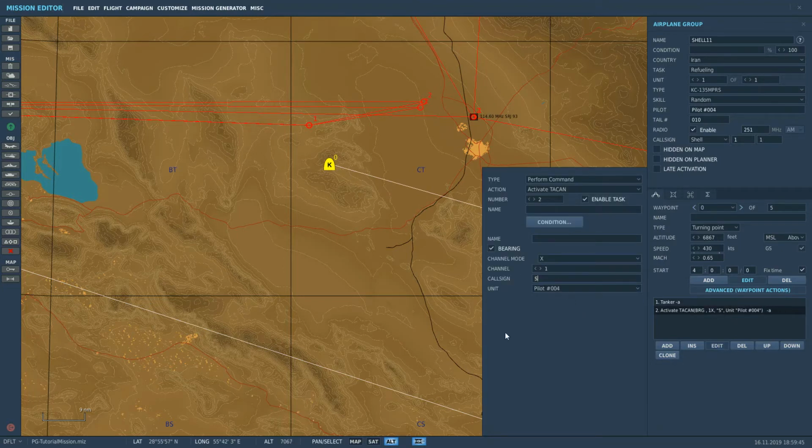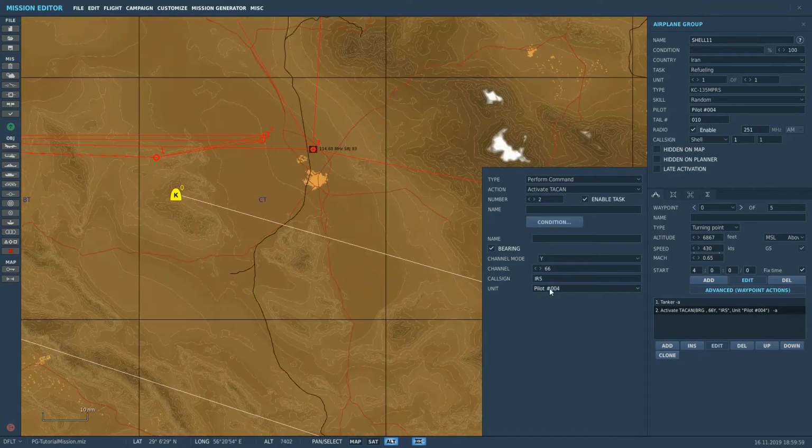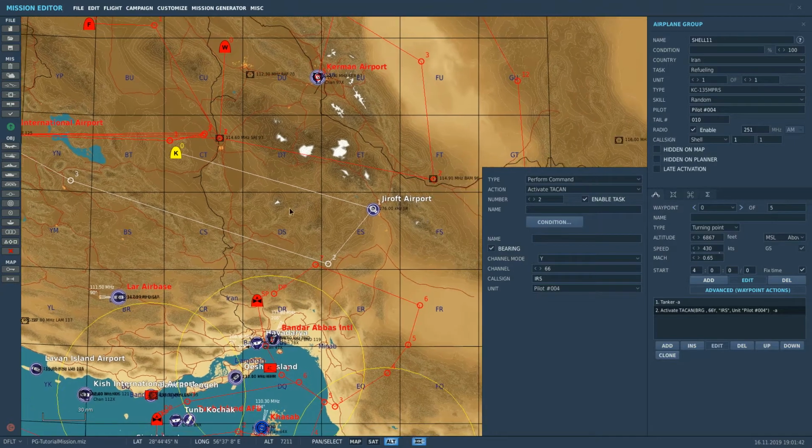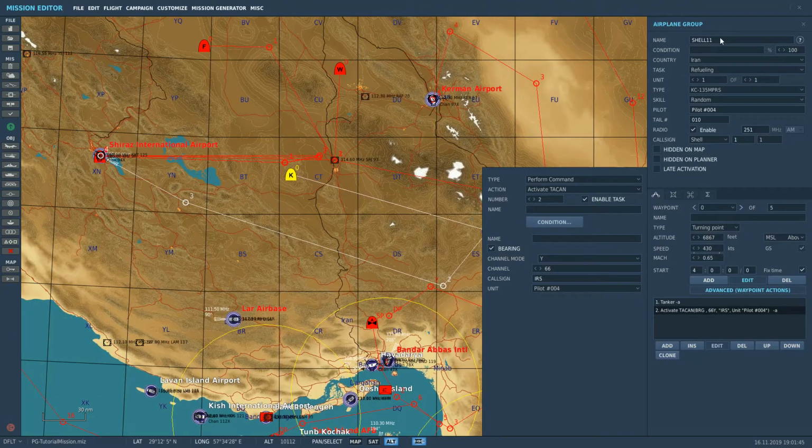So this is going to be, and he's going to be operating on 66 Yankee. This gives us shells. The reason we're not putting an escort on him is because the cap's basically going to be his escort. As I was saying, the cap is going to be his escort, so that's why we're not going to bother with that. But we do need this,